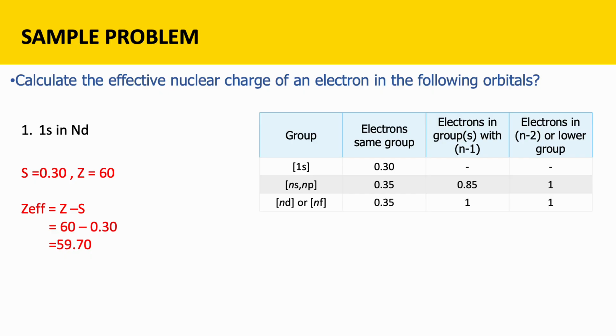So you should know the atomic number of neodymium. If I'm right, I think this is neodymium. The Slater number is actually only 0.30 because there is only 1s. So it is the only one contributing to screening. So 0.30, 60 minus 0.30 is